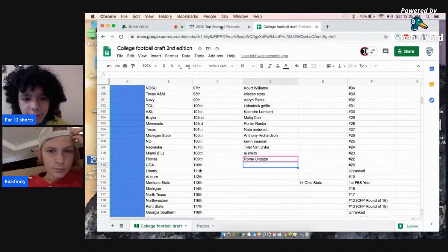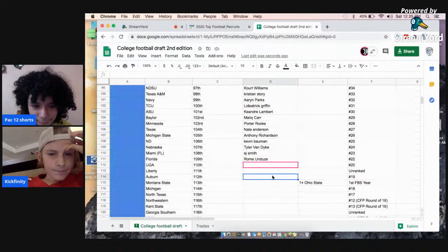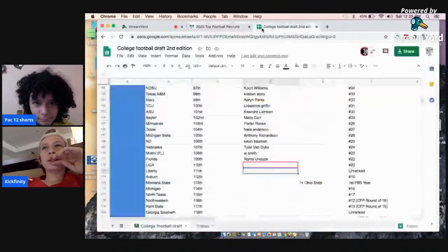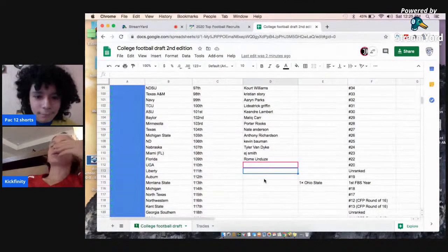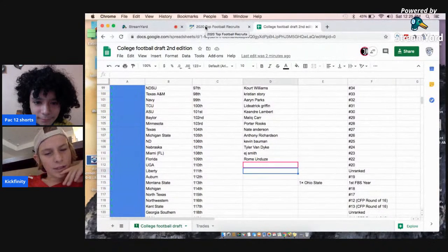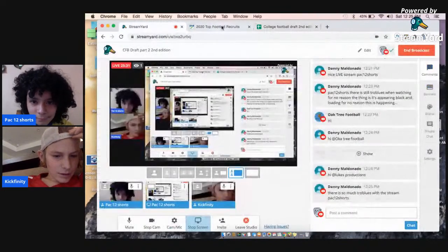So for the University of Georgia, who are you going with? Who am I going with? They don't necessarily need a running back, and they lost a quarterback, so I think I'm probably gonna go. Oh, but they don't need a quarterback, do they? You know what? Let's give them some help on the secondary. A defensive back that is looking pretty good is